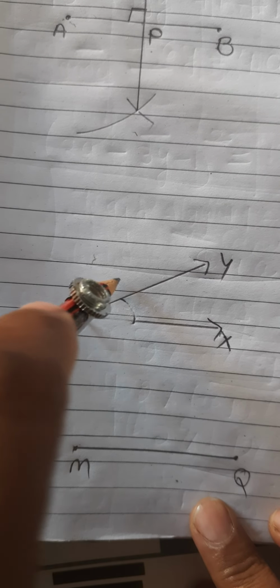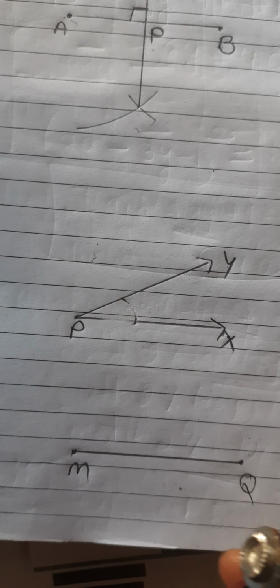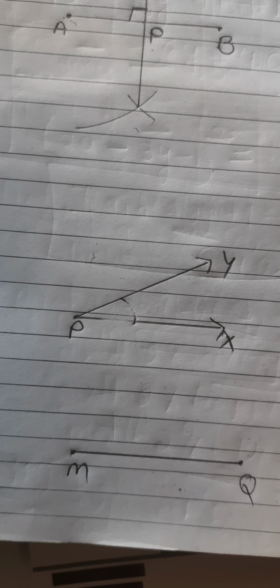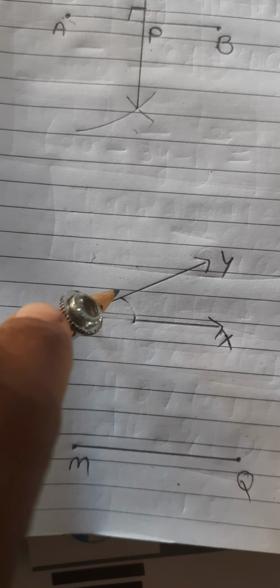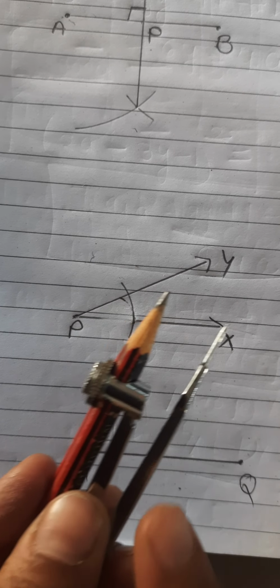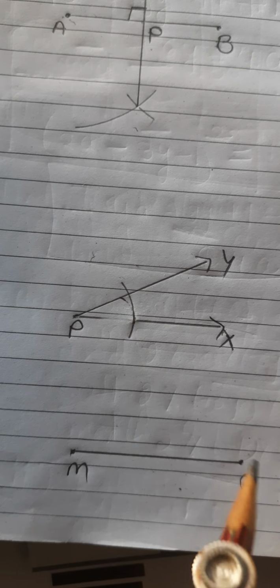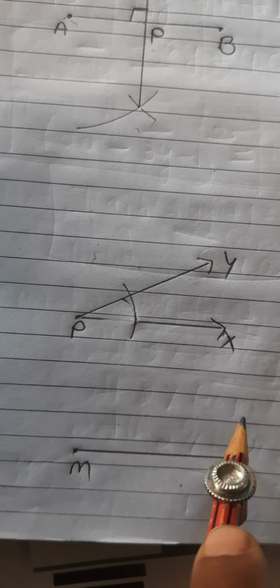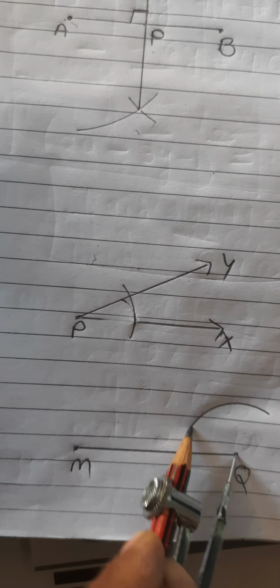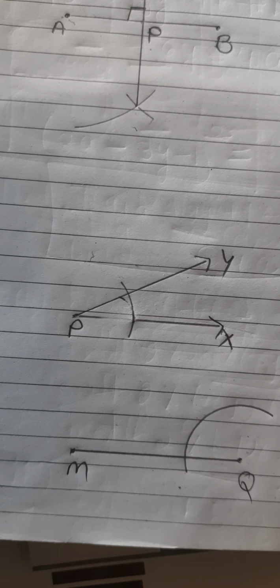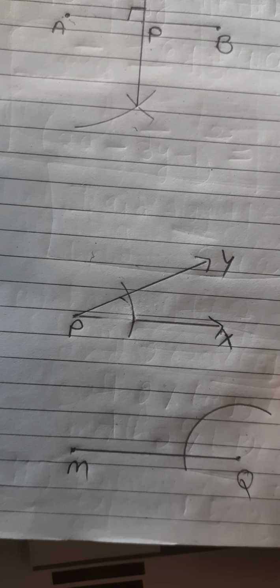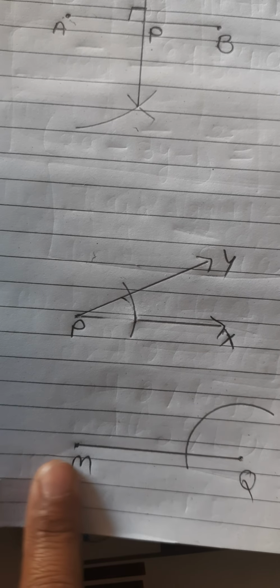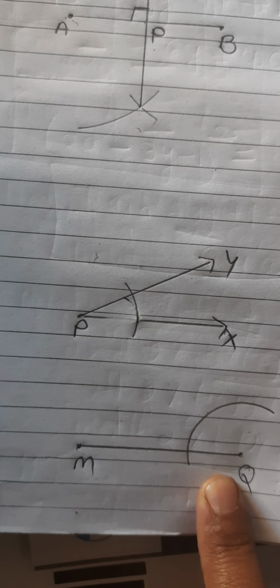This arc should cut both the sides, both the arms of the angle. Okay, now using the same width at Q where I am supposed to make the angle, I will make an arc, taking this as center. This arc which is drawn taking Q as center should cut this line segment,